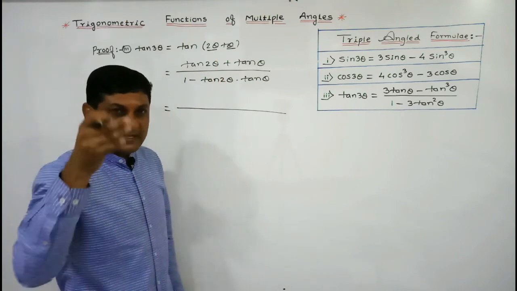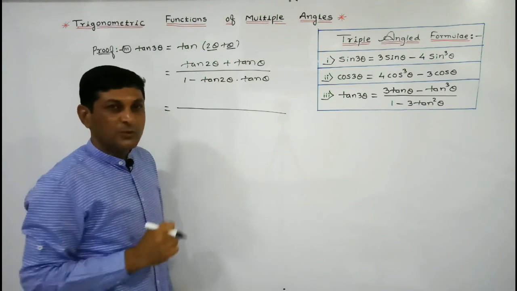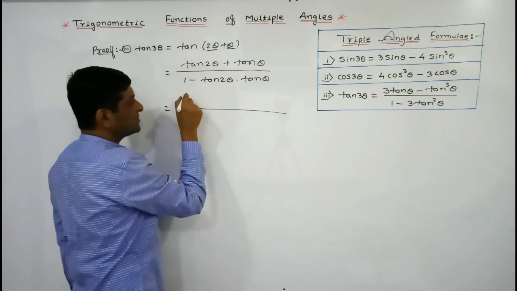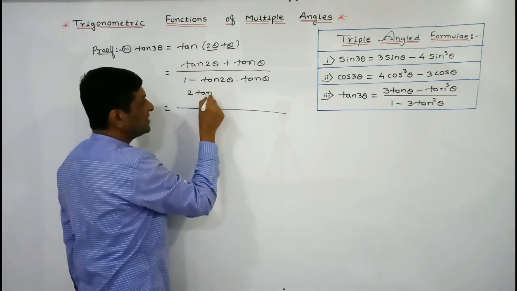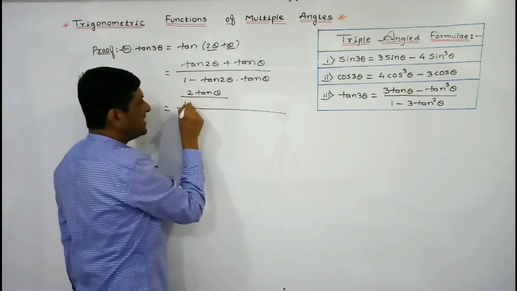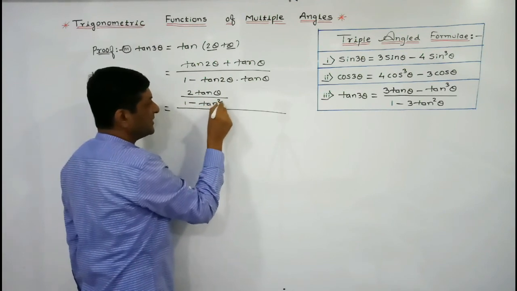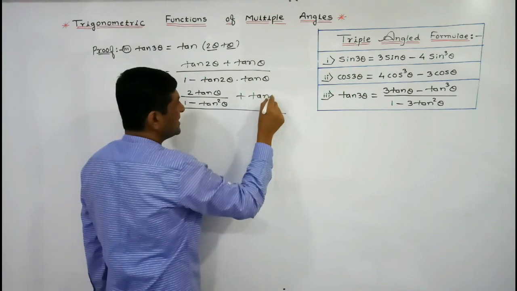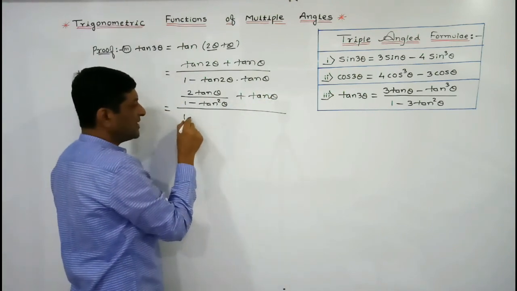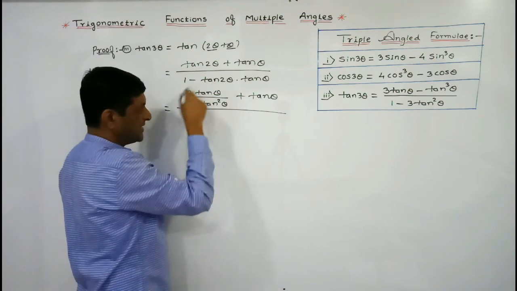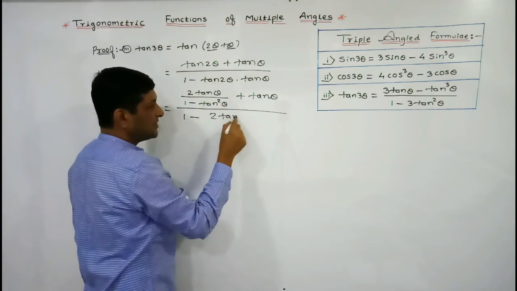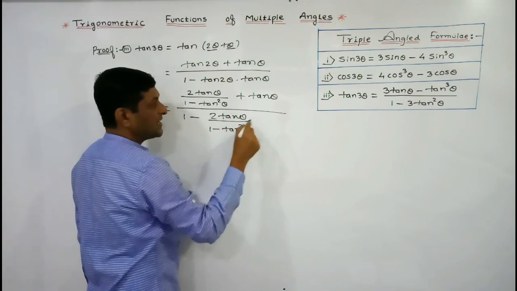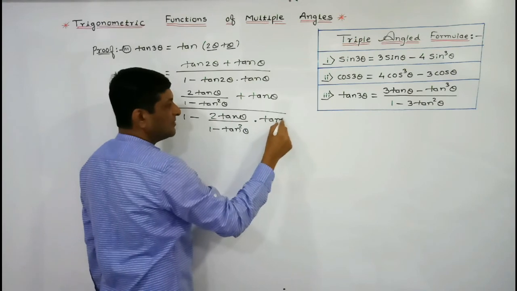And I hope you have prepared the list of double angle formulae. Just now we have proved these double angle formulas. If you observe, the value of tan 2 theta is equal to 2 tan theta divided by 1 minus tan square theta. We are substituting the value of tan 2 theta plus tan theta, keep it as it is. In the denominator, 1 minus, again tan 2 theta can be replaced by the same value, 2 tan theta upon 1 minus tan square theta, which we are getting by applying the double angle formula.